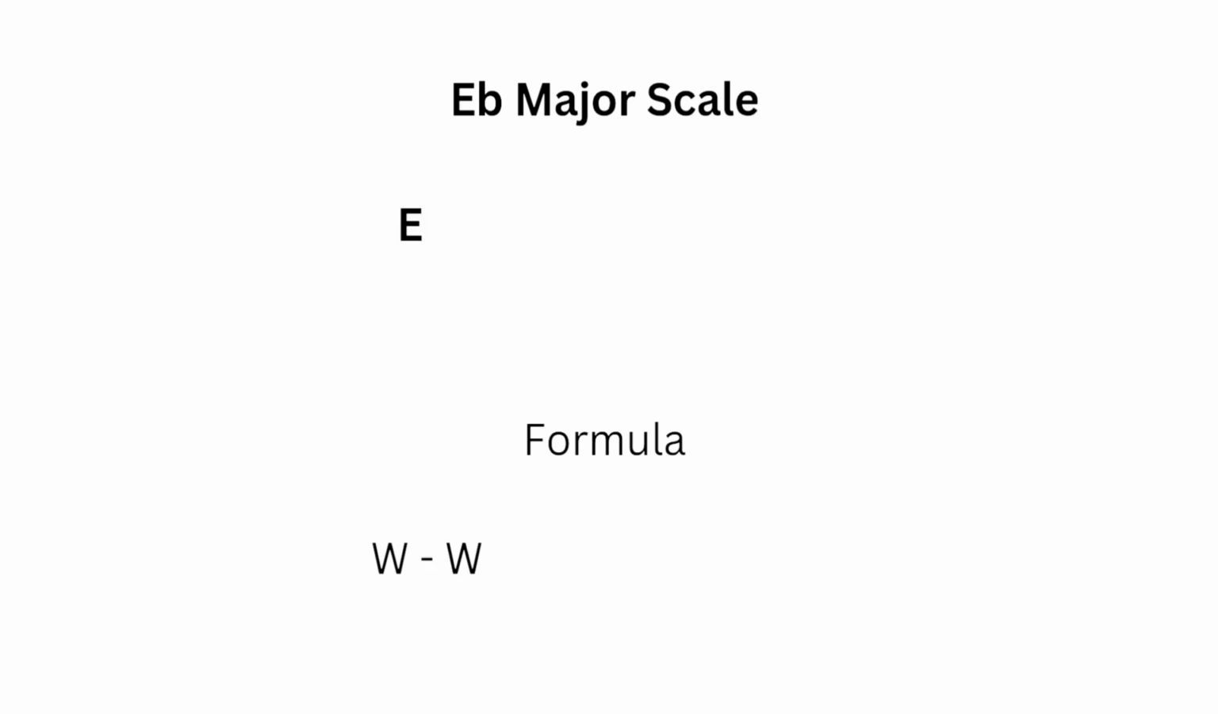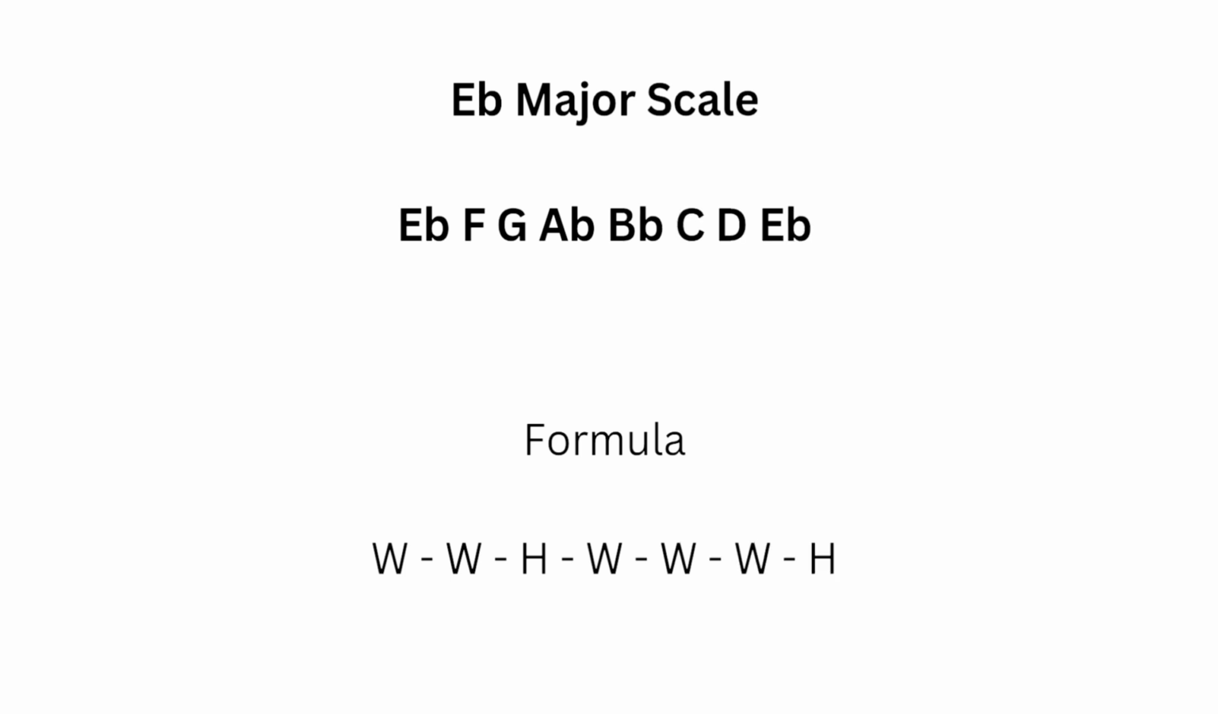Third scale is E flat major scale. E flat major scale has three flats, that is E flat, A flat, and B flat. The formula of the major scale is whole step, half step, whole step, whole step, whole step, and half step,